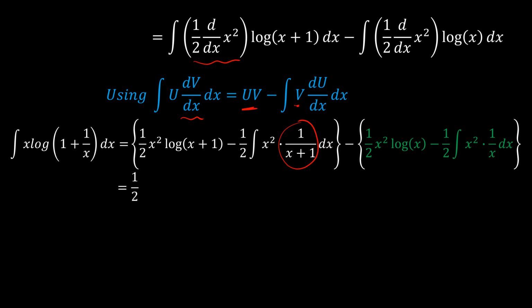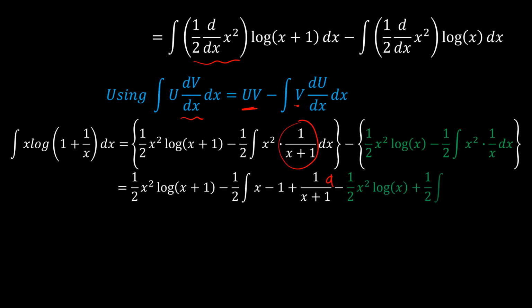So going forward, we have half x squared log x plus 1 minus half x minus 1 plus 1 over x plus 1. Now you may be wondering why this comes to be this way. So it's just that if I have x squared and I have x plus 1 as a denominator, the first thing I could do is just multiply by x, and we have x